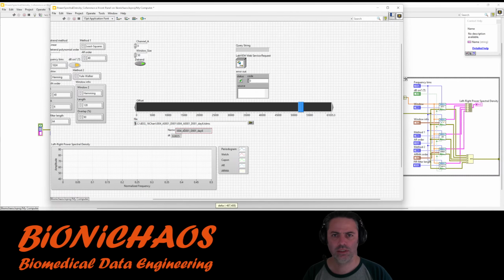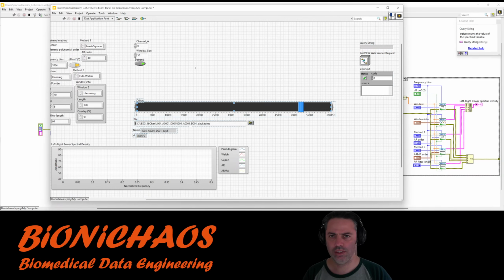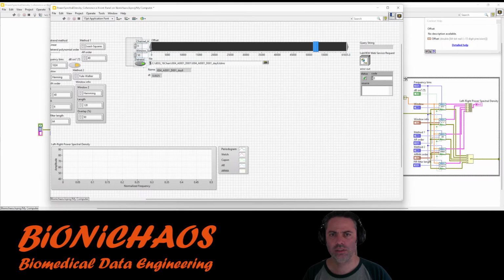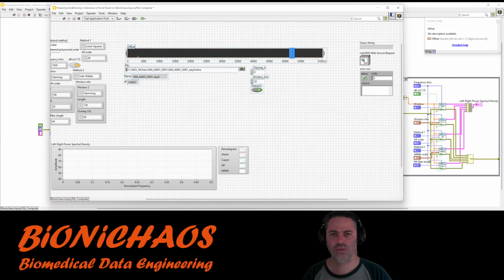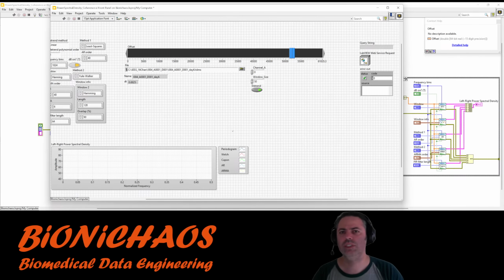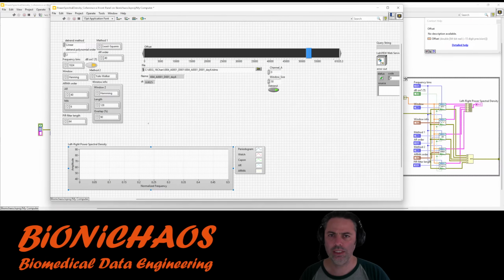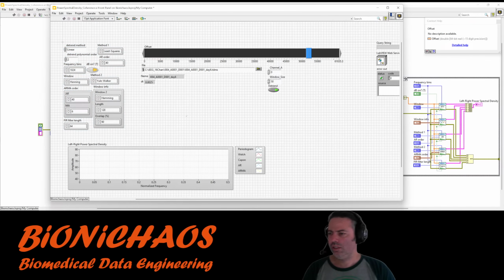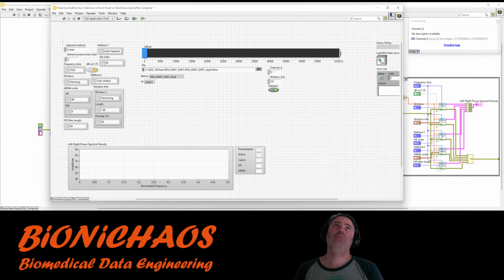Can go over here. Density. Default refresh default at 0, that's fine. Okay, by default the two channels